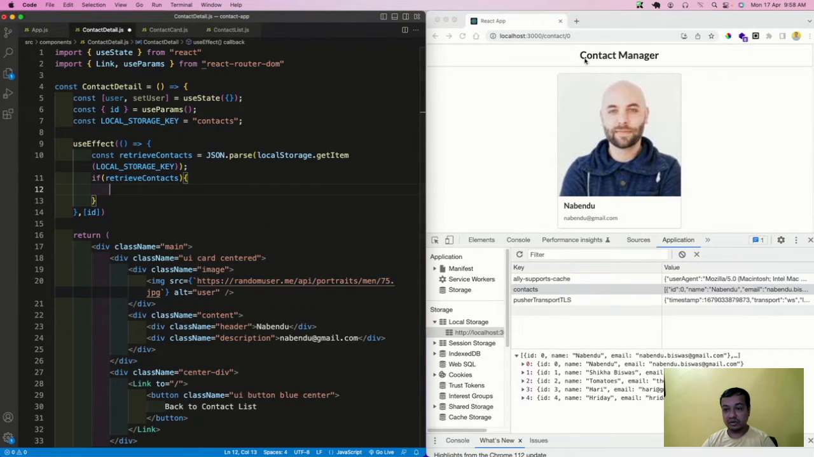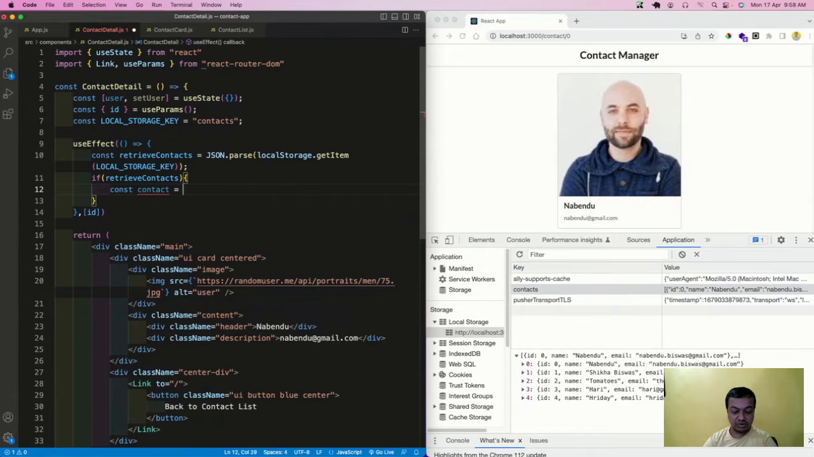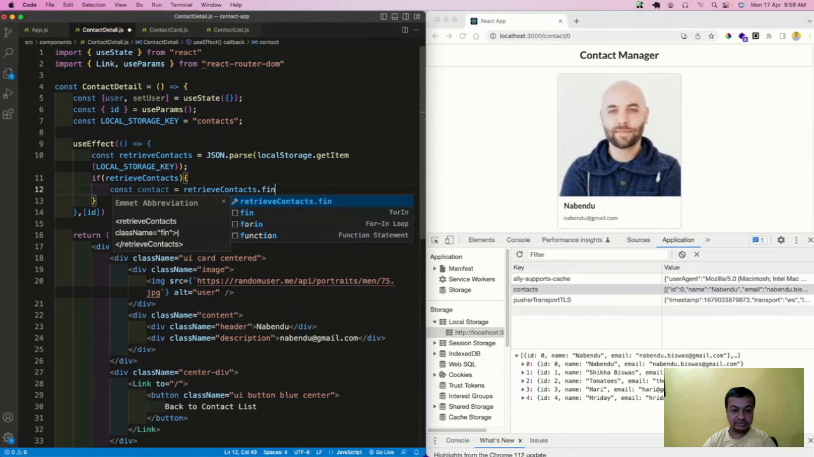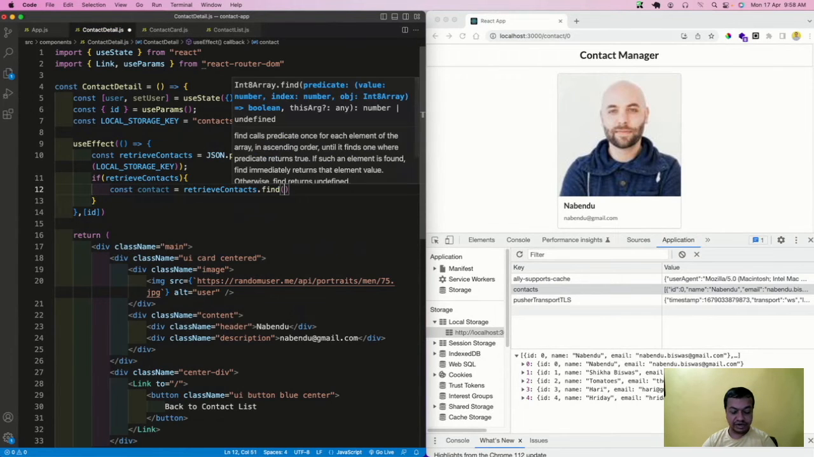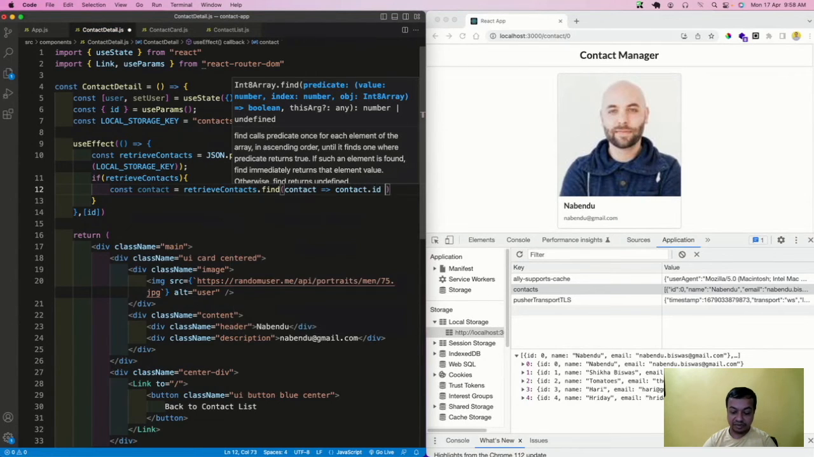So now I have to find out this. So this zero is very powerful. From zero or one, whatever is there, I'm going to find out that thing, and that is very easy. So I'm going to use contact equal to retrieve contacts dot find. So find I'm using, and this find contact is, so I'm looking at each one of the contacts and doing contact dot id equal to